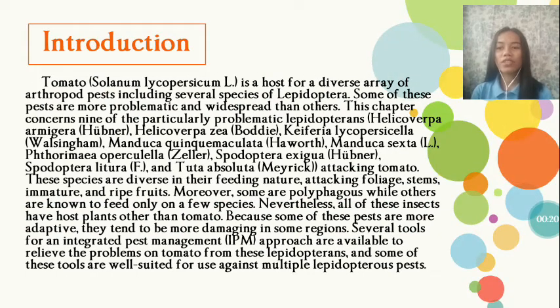Introduction. Tomato, Solanum lycopersicum L., is a host for a diverse array of arthropod pests, including several Lepidoptera. Some of these pests are more problematic and widespread than others. This chapter concerns 9 of the particularly problematic Lepidopterans: Helicoverpa armigera Hübner, Helicoverpa zea Boddie, Keiferia